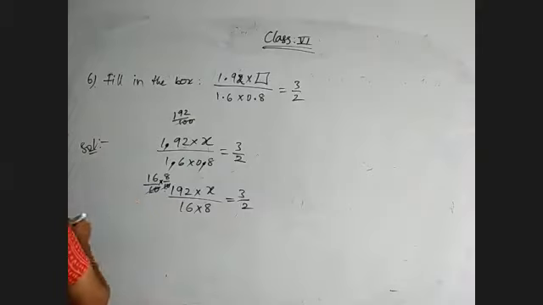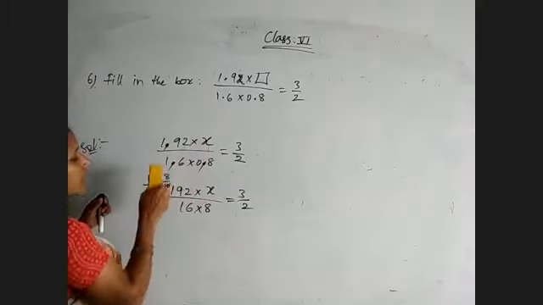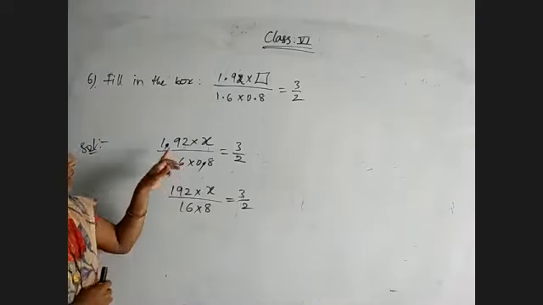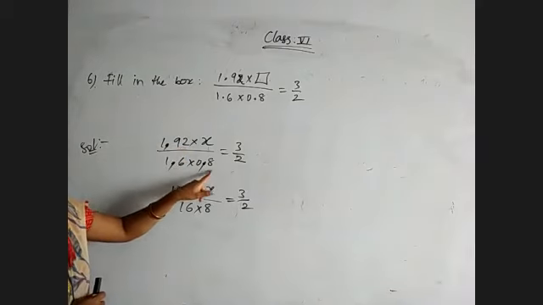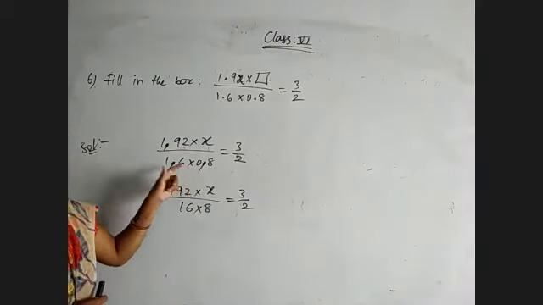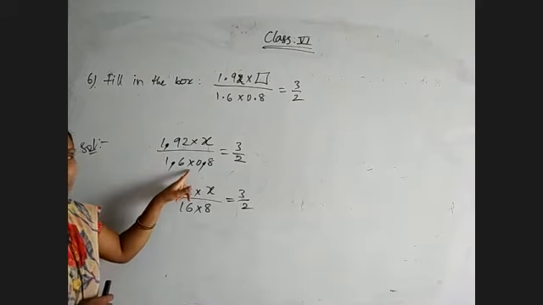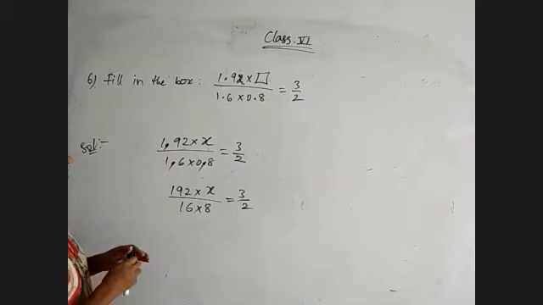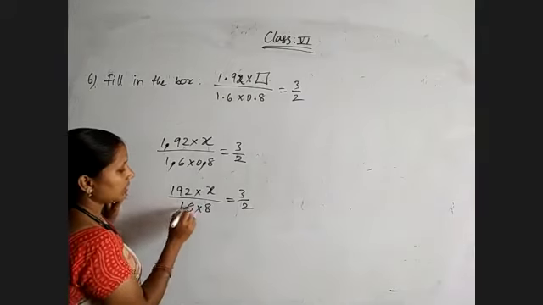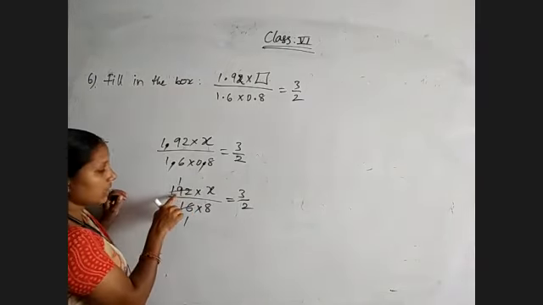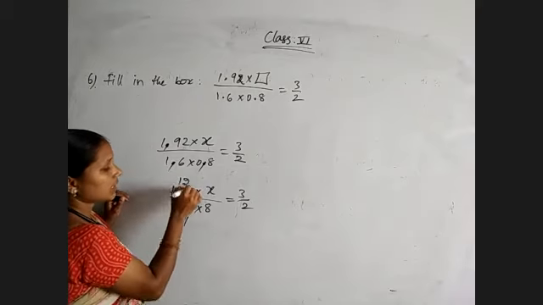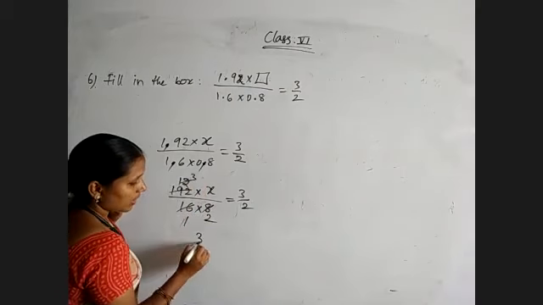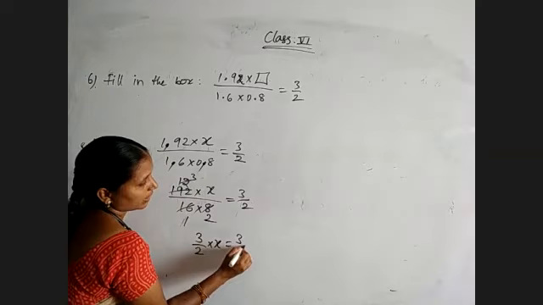Remember, if the number of decimal digits are equal in the numerator and denominator, then the point will get cancelled. Here two decimal digits are there, here one and this one also one. Because it is a product, that's why I am taking it directly. If instead of product you are getting addition, subtraction or division, we can't cancel like this. Now 16 ones are 16, 16 twos are 32. Then 4 twos are 8, 4 threes are 12. So 3 by 2 into x is equal to 3 by 2 we got.